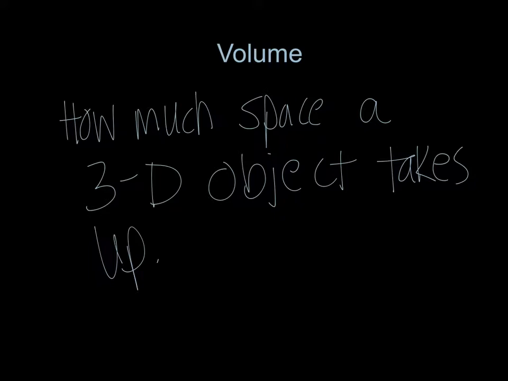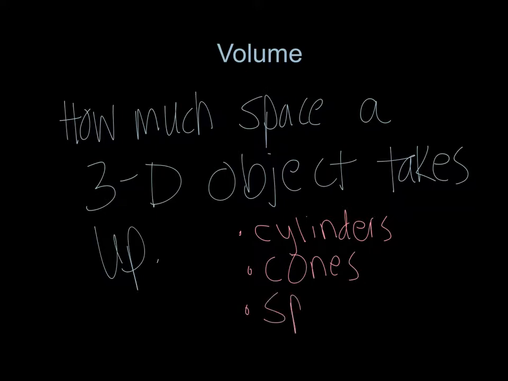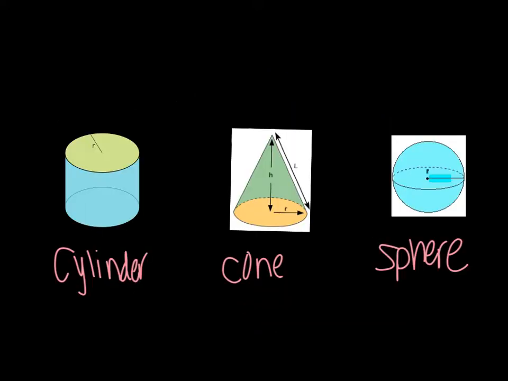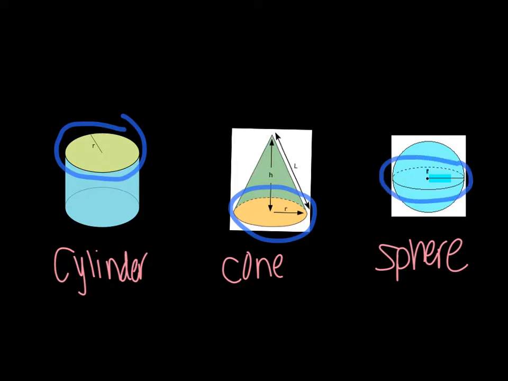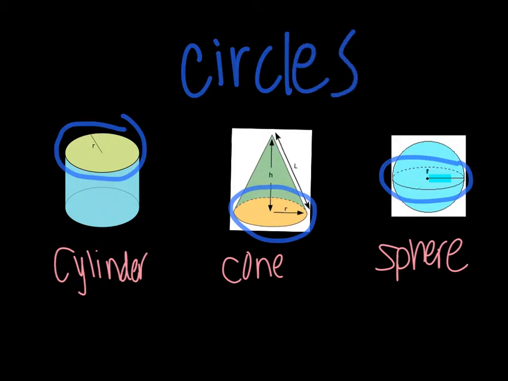And we're specifically going to be looking at three different shapes. Those shapes are going to be cylinders, cones, and spheres. So we're going to be looking at how much volume these three objects take up. The reason that we do cylinders, cones, and spheres all together is because they have something in common. If you look at them carefully, each one of them has a circle involved in their shape. So since they all have circles involved, they all have some common themes to the way that we measure their